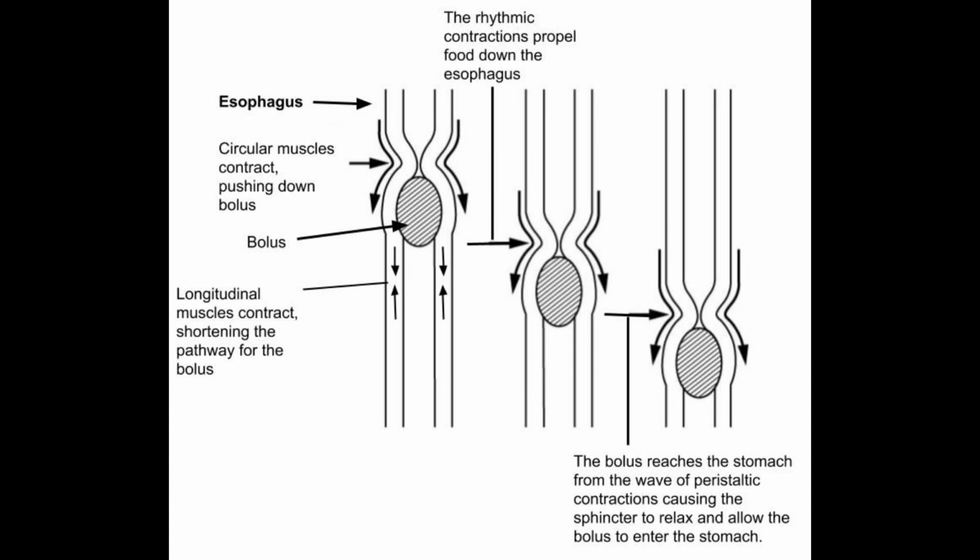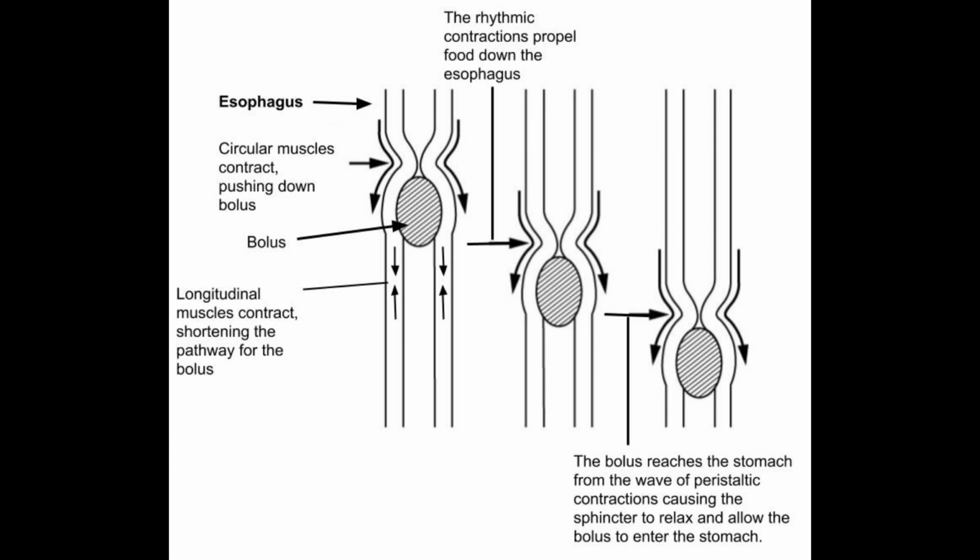And then the longitudinal muscles contract, which shortens the GI tract behind it and pushes the bolus of food forward. And as that happens rhythmically, the bolus of food is moved forwards. And this is the general process by which food or partly digested food is moved through the entire GI tract. But it's probably easiest to visualize in the esophagus, since it's essentially just a tube to connect the